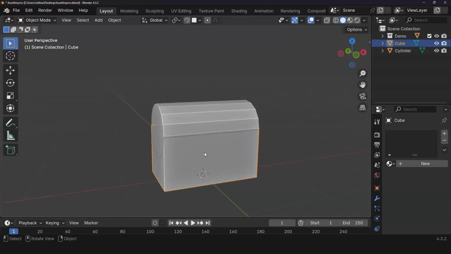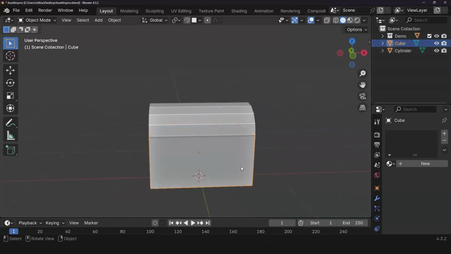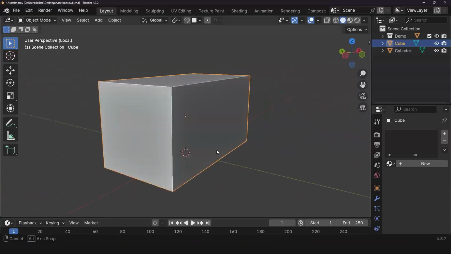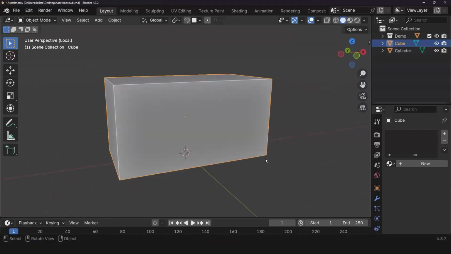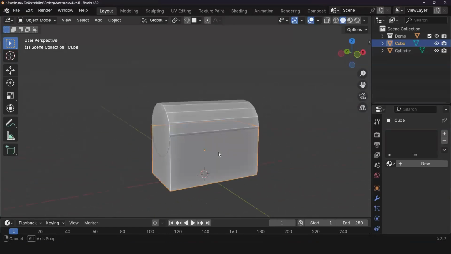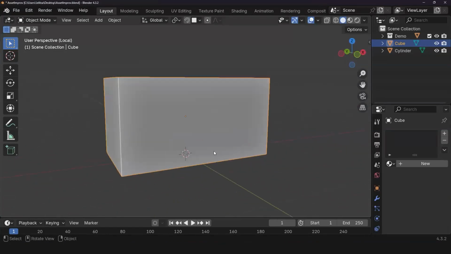I'd like to isolate it. So instead of turning on and off these eyeballs here, I usually like to do the / key on my keyboard. And as you can see, the rest of it disappears. If I press / again, this item comes back in. So I'm going to press /.